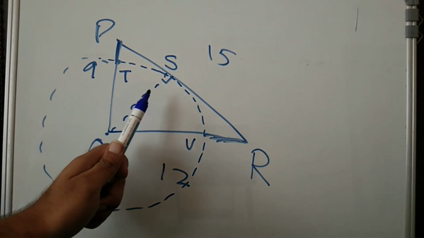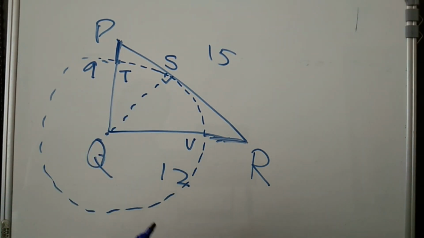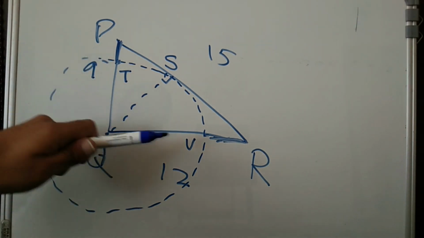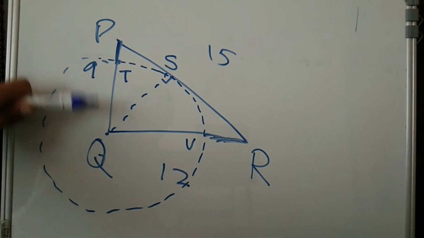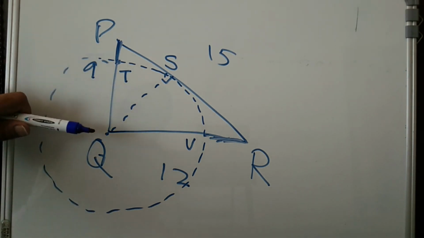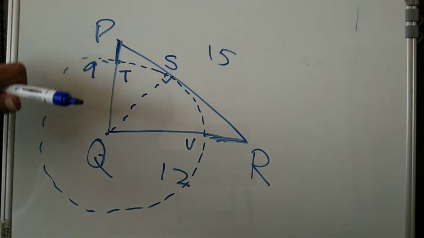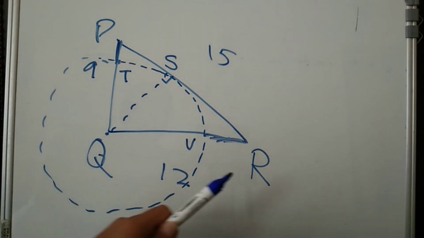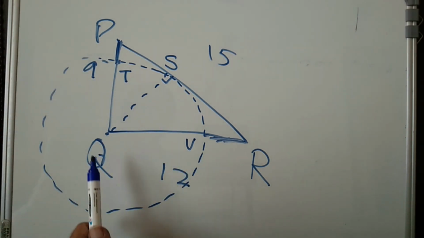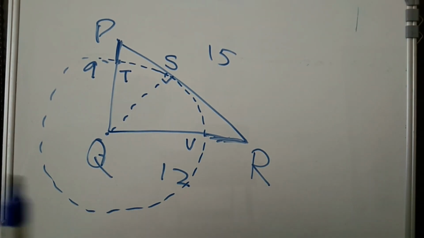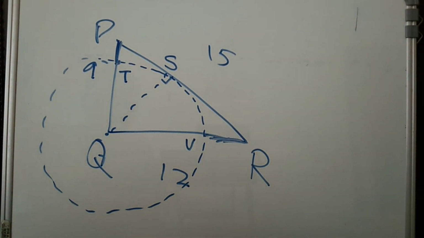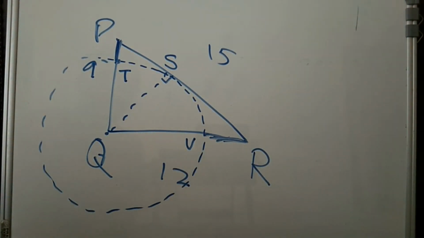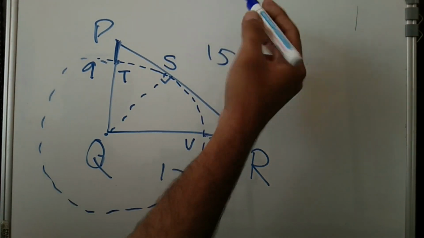Okay, so if I am able to find the length of QS, then I can automatically find the length of QT and QU. So if I have the length of QT, then I can find the length of PT, because PQ is 9, then PQ minus TQ would be the length of PT, and QR minus QU would be the length of RU. So let's work on this. So how to find QS? There are 2-3 methods, but let me find out with the easiest one.